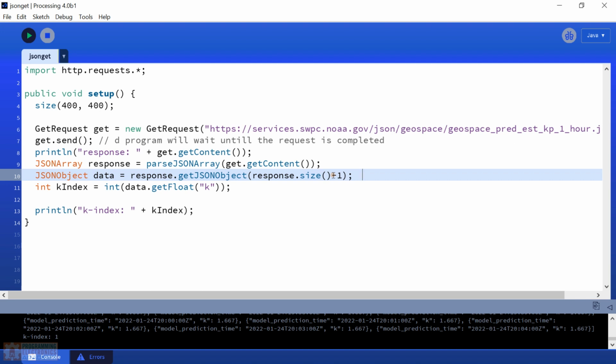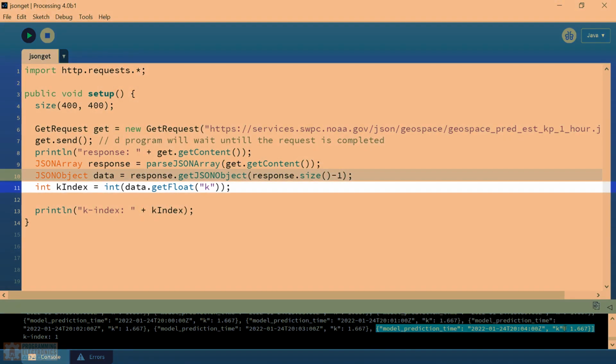So now this data object is equal to this last entry. We're going to get model prediction time. It's going to give us this time, and it's also going to give us the K value. But all we're interested in is the K value. So to dig down into this K value, I create another variable. It's an integer. I call it K index, and I set it equal to